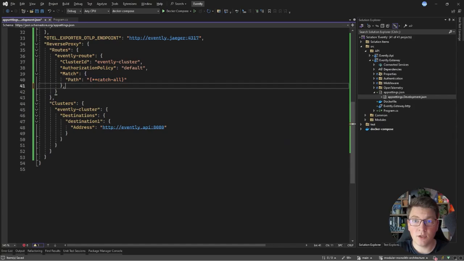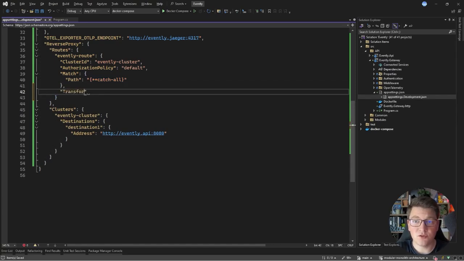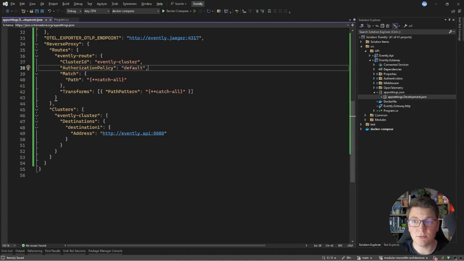Then another thing you can configure is how you want to transform this request before sending it to the downstream service. And you specify this inside of the transforms section in plural, and this accepts an array of objects. And I can specify what is the pattern that I want to apply to the downstream service. So I'm also going to specify the same wildcard because I just want to route whatever I caught on the reverse proxy to the downstream service. And this is our basic reverse proxy setup that is just going to proxy all incoming requests to the Evently